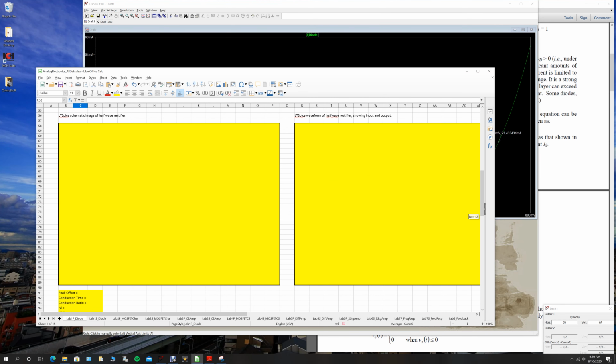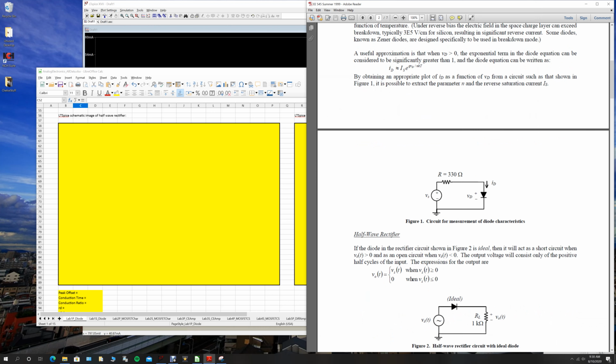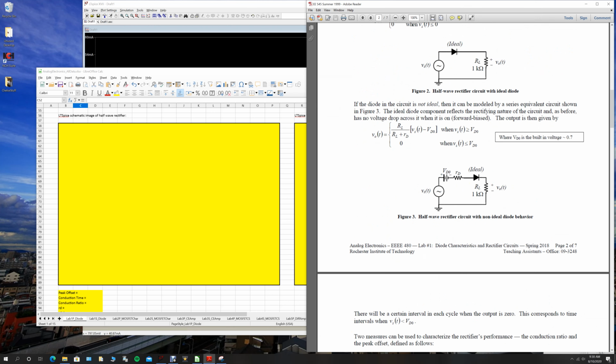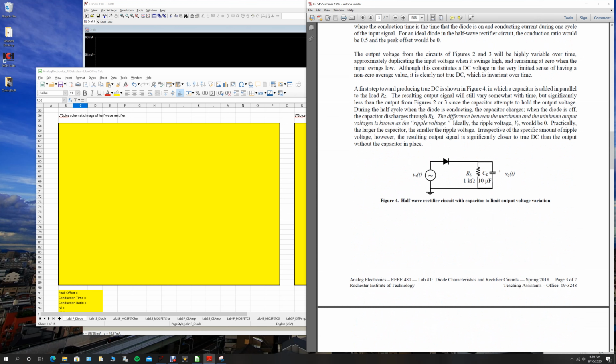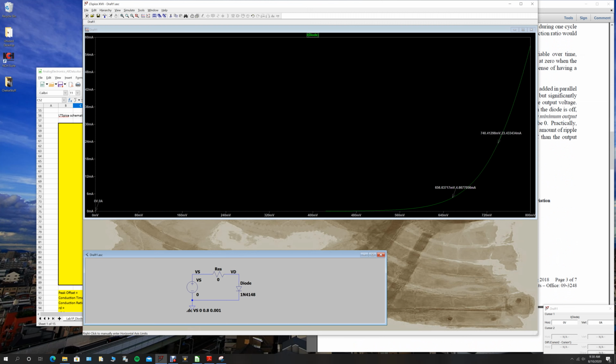The next part is to do the half-wave rectifier. So if I go to that circuit in the lab, it's a 1K resistor and 10 microfarad capacitor. Let's go back to our schematic and do,